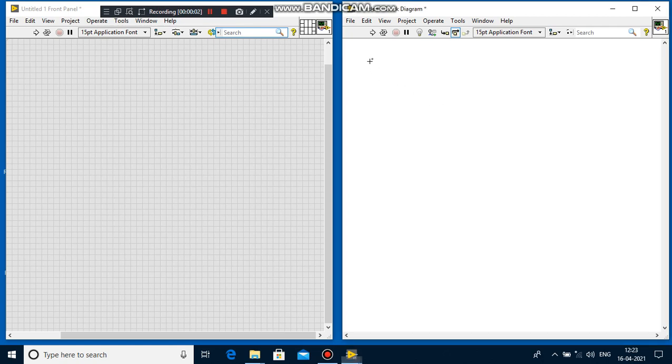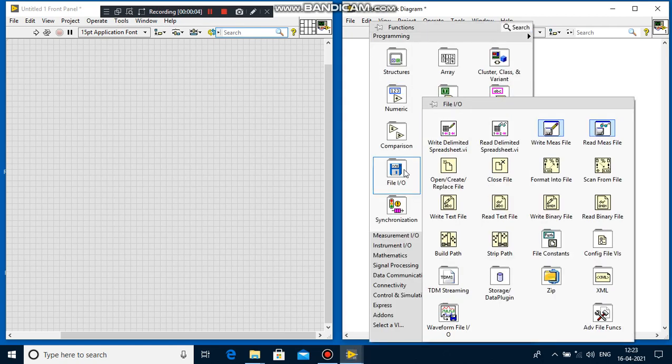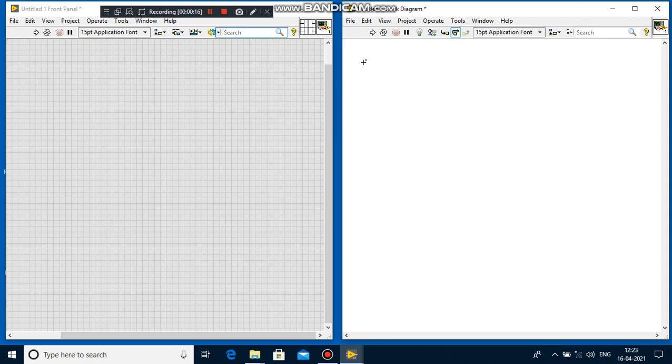Dear students, in this class I am going to explain how to store data permanently in your devices by using the file input output functional blocks used in our LabVIEW software. That is, how to write to a text file and read from a text file by using a VI. Okay, let's see how to do the program by using this VI.